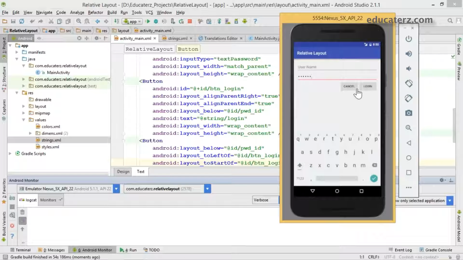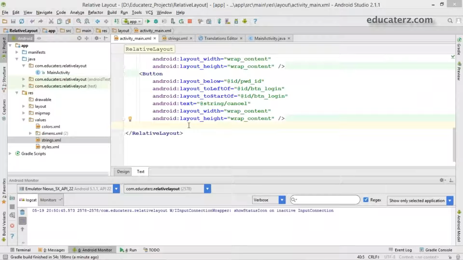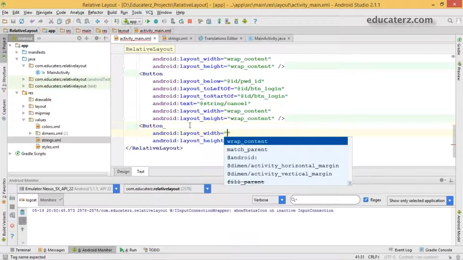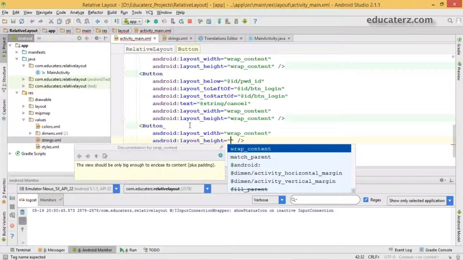Now I have these buttons, but apart from this, we have seen some other properties also, like center in parent, center vertical, and so on. So let us have a look at those properties for a few seconds. I'm creating one more small button just to observe all the remaining properties. Create a button, width as wrap content, height also wrap content.